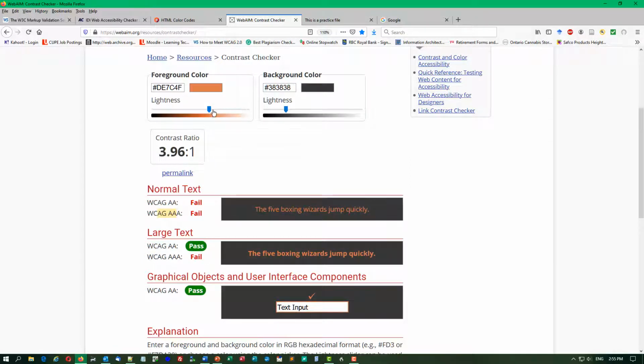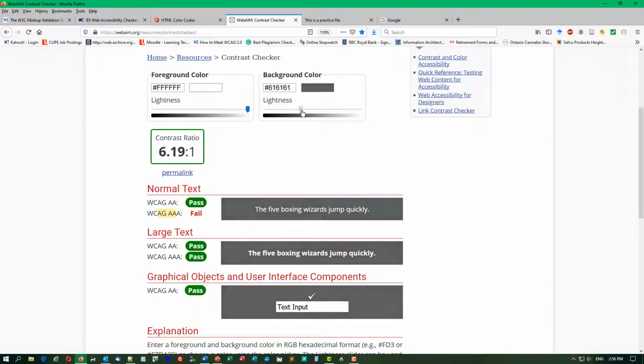I can keep this here. If I make this really light, let's see how far I can go. If I make the foreground as light as possible, which is basically a white, then I've got a lot of room in the background here. You see I'm making this background grayer and grayer, and I can drop down to a,